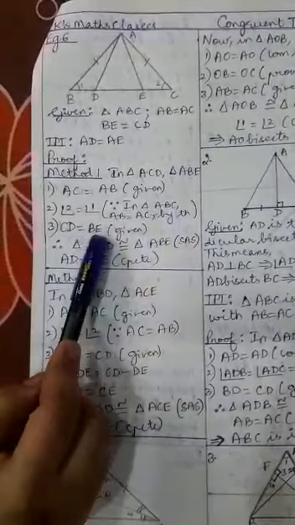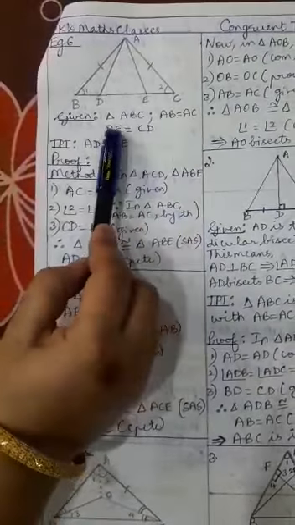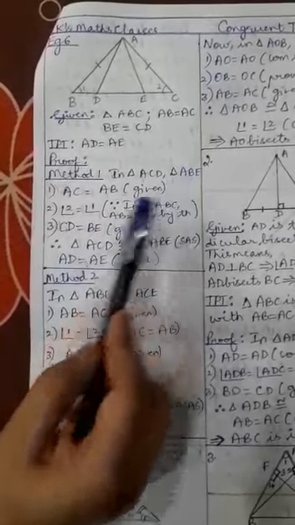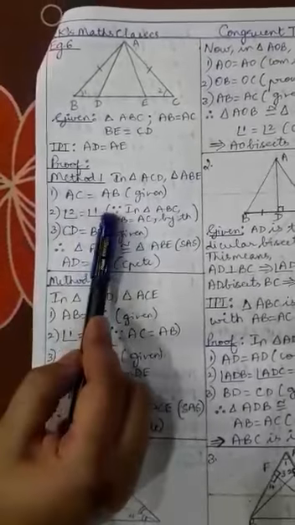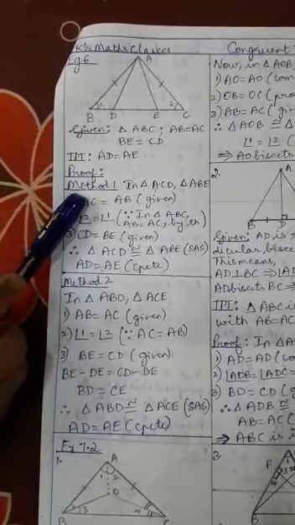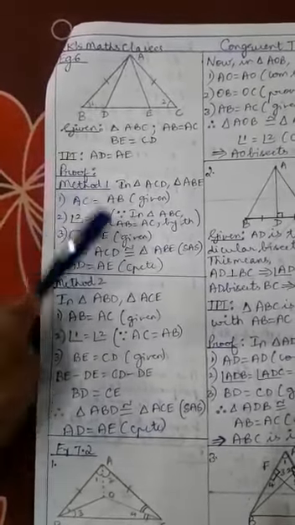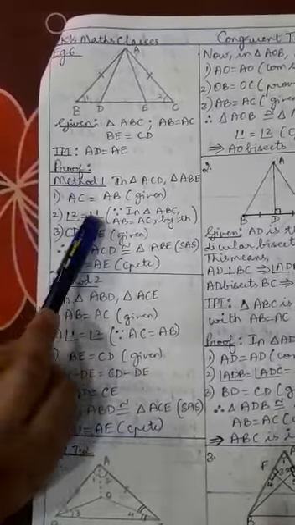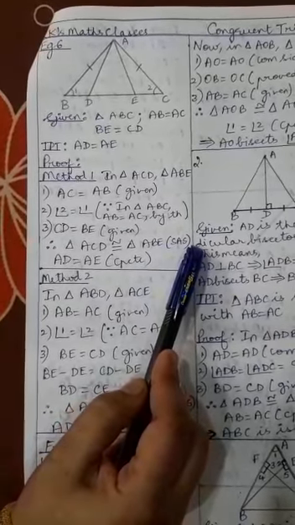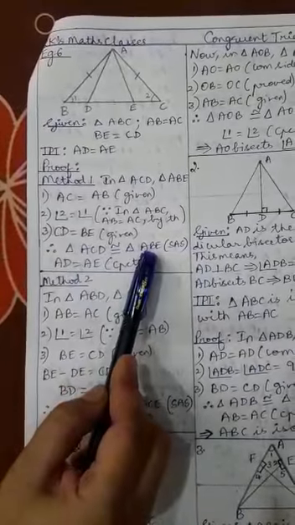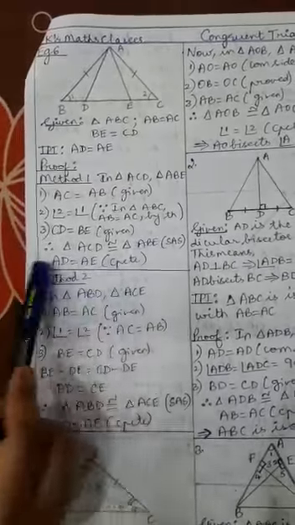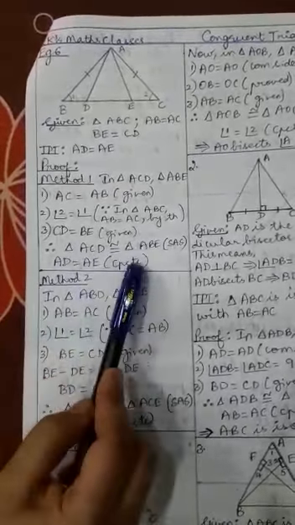We also know that CD equals BE. That's given to you. CD of the first triangle equals BE of the second triangle. So we have listed two pairs of equal sides and one pair of equal angles, and you can notice that the sides AC and CD contain angle 2, the sides AB and BE contain angle 1, so these are the included angles. So clearly by the SAS congruence criterion, the two triangles are congruent to one another, and once they are congruent, you can see here AD equals AE by CPCTC.